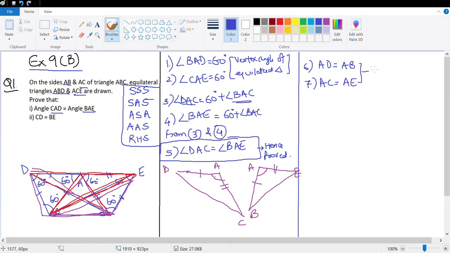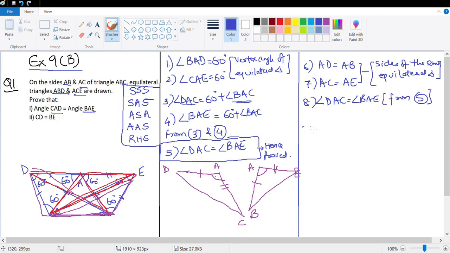Reason for this, both of them are sides of the same equilateral triangle. Done. And number 8, angle DAC is equal to angle BAE. Why? From point number 5. Therefore, by SAS test, number 9 would be triangle DAC is congruent to triangle